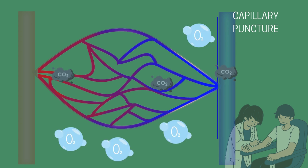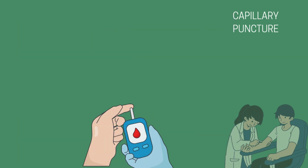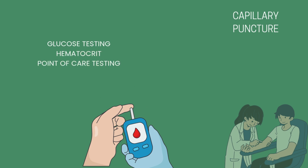Capillary blood is a unique mix of arterial blood, venous blood, and interstitial fluid, giving it slightly different characteristics than venous samples. Capillary puncture is often used when only a small amount of blood is needed, such as for glucose testing, hematocrit levels, or point-of-care testing. It's especially useful in infants, young children, or patients with difficult veins, offering a less invasive and more convenient alternative